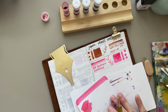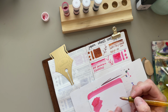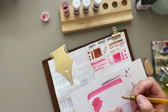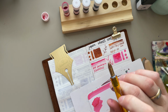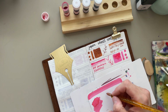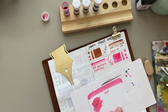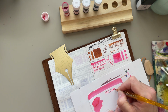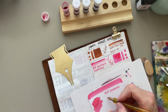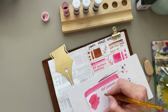I have heard a controversial opinion by Donna from South Shore Paper, when she said that she doesn't like how people don't rinse their nib very much. I'm definitely guilty of that. I'm now rinsing it twice because of that. But I do really, really like it. And I haven't done that very much, but